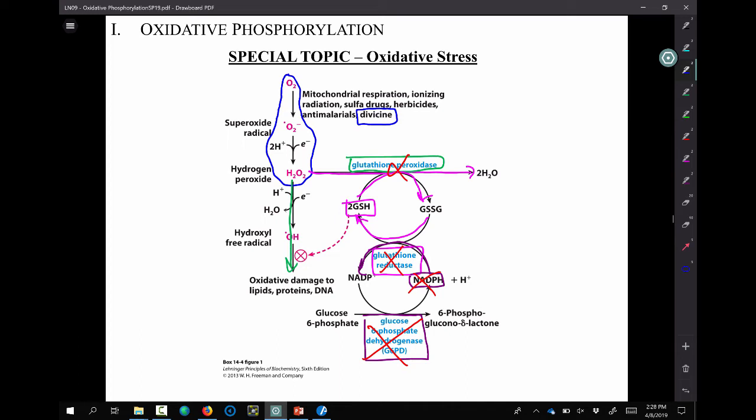Okay. In fact, if you look at this slide, you have anti-malarials. Primaquine actually increases oxidative stress. It is not good for you unless you have malaria. And then of course malaria is really deadly. It can kill you. And so one of the defenses against malaria is to take primaquine, and that will then increase oxidative stress in your red blood cells. So, fascinating stuff. Isn't that fascinating stuff?